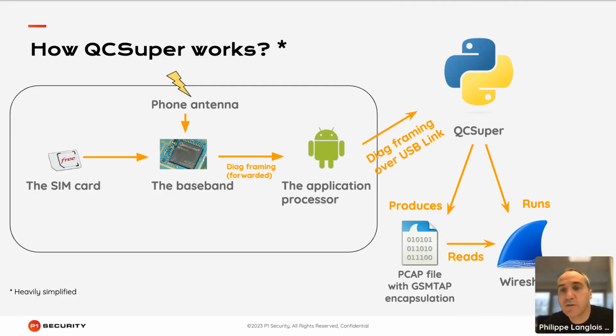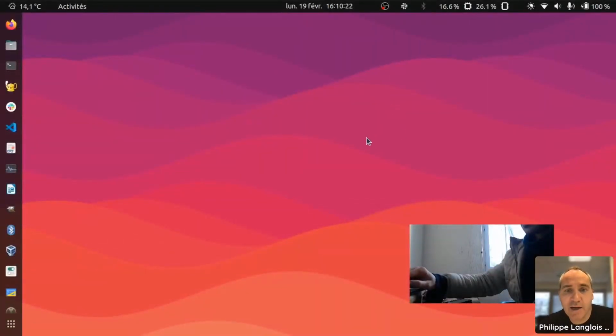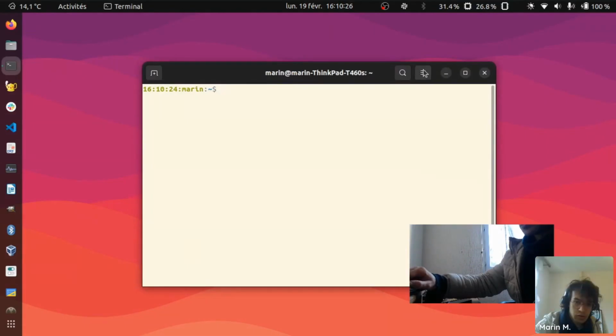And you're going to see that we had to do a lot of hacks, a lot of technical things in order to make it work and keep compatibility. So I'm going to let actually Marin talk about his demo. Yes, so